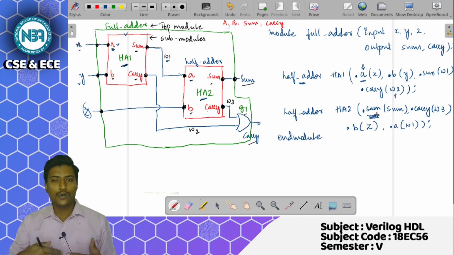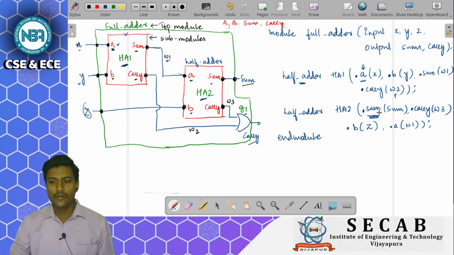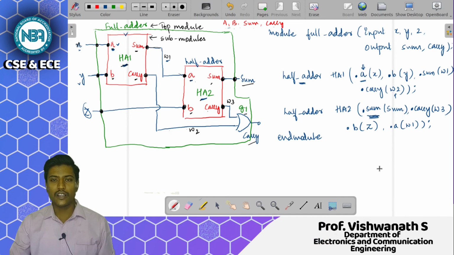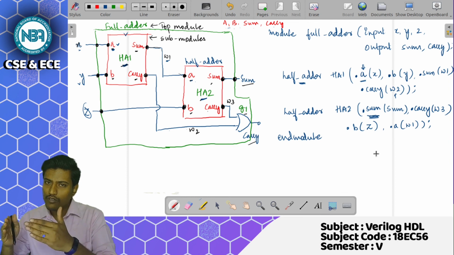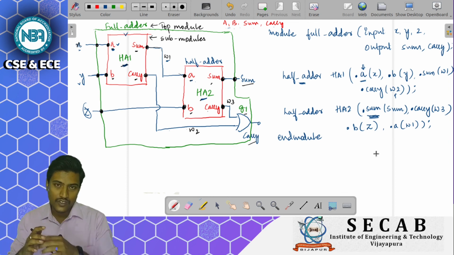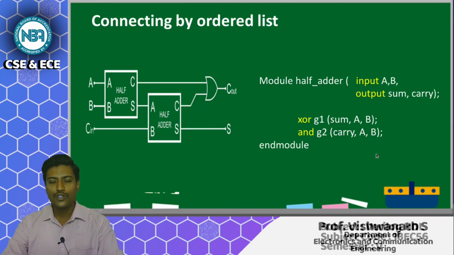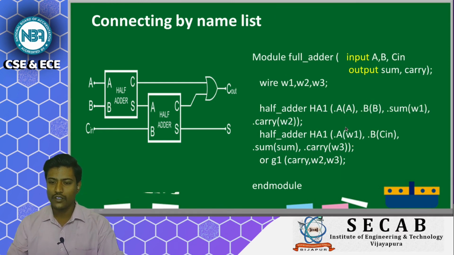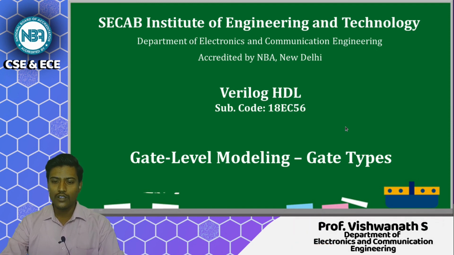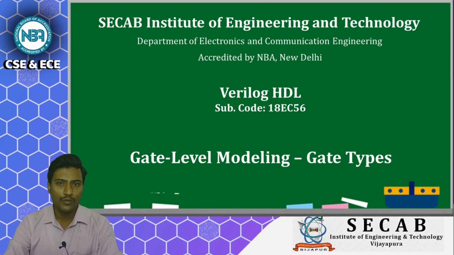Here those possibilities are ruled out, because we are writing through names, and that particular port will always be connected to the port it needs to be connected to. That is why it is highly recommended that we connect by names. Here you can observe this particular program. These are all the basic things required for writing Verilog programs.